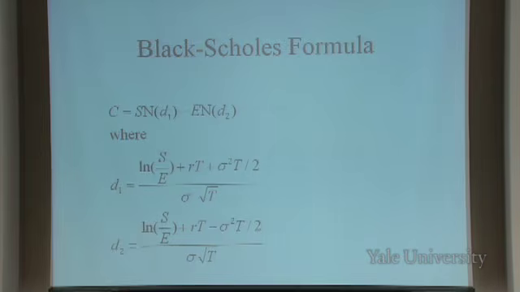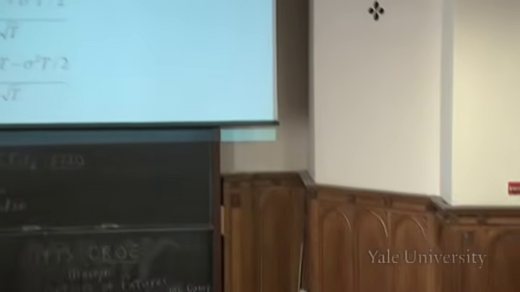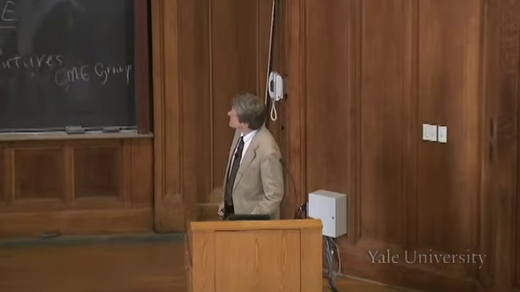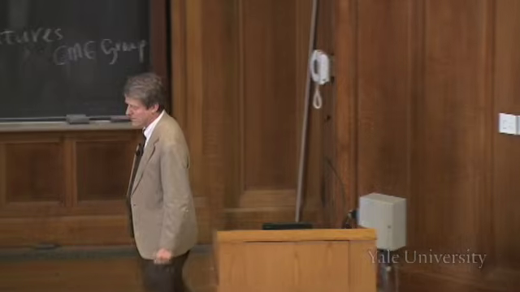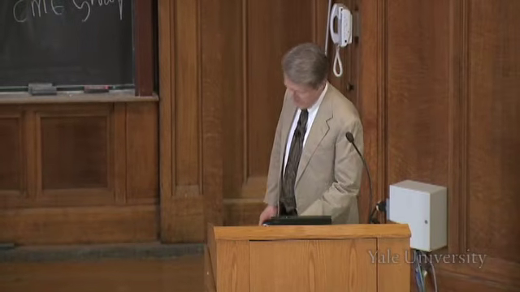That's the hard part. People who trade options use the Black-Scholes formula, but there's a problem. And the problem is you've got to plug in a number for sigma squared. So what number should I plug in? Well, you might say, let's take historical numbers, all right? I know pretty much what the variance of stock price changes is. Let's use the historical variance.